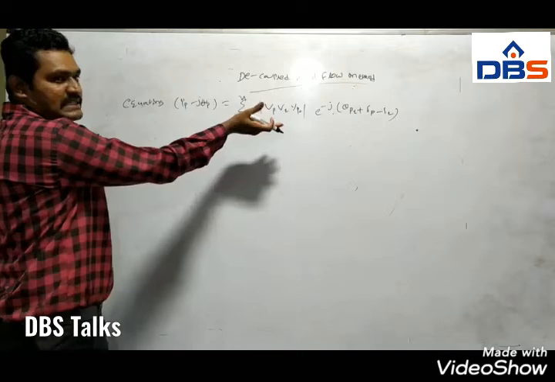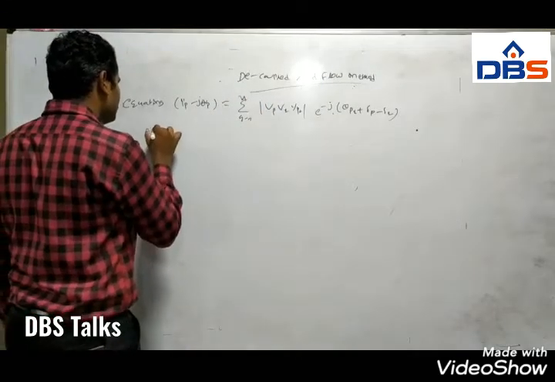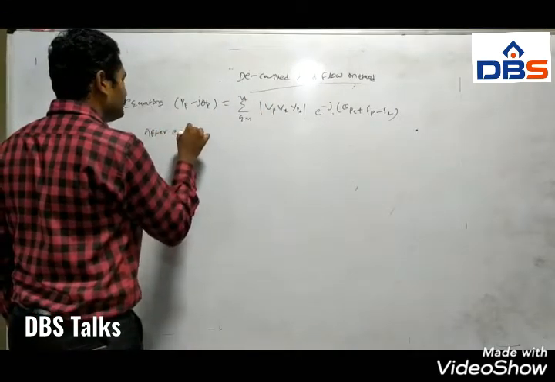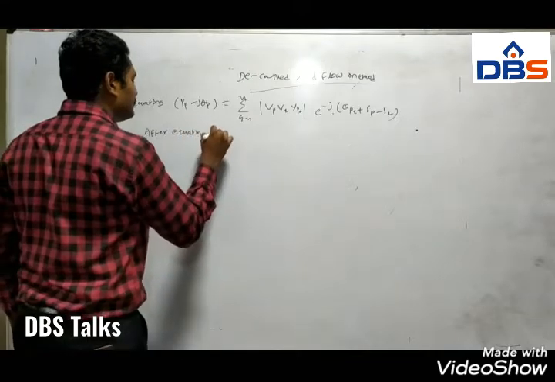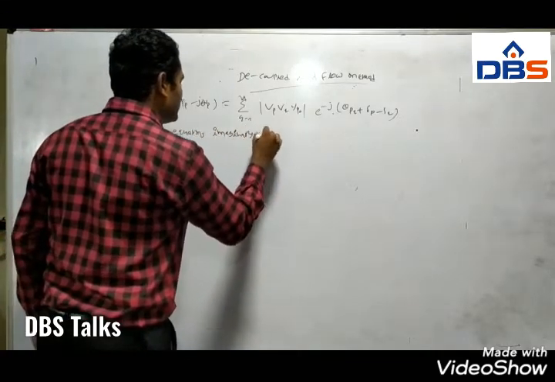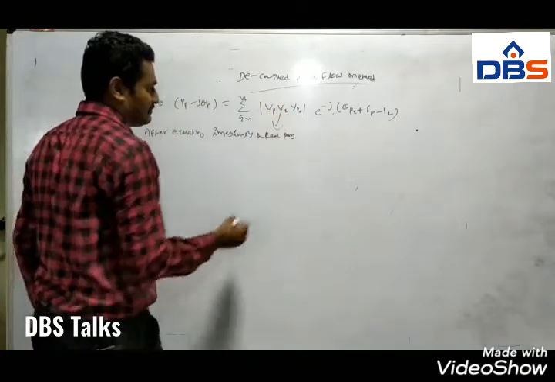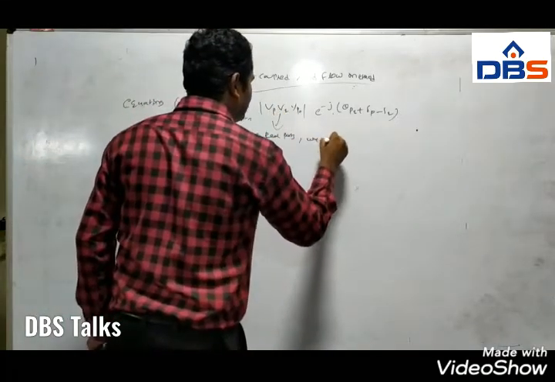By using this equation we are equating real and imaginary parts. After equating the real and imaginary parts from this equation, we get